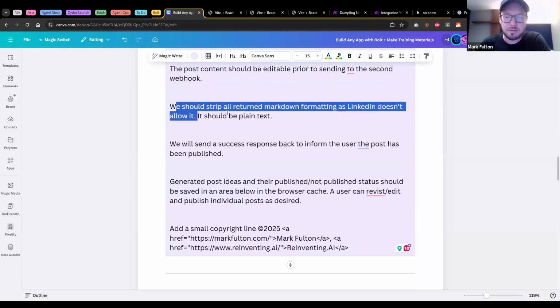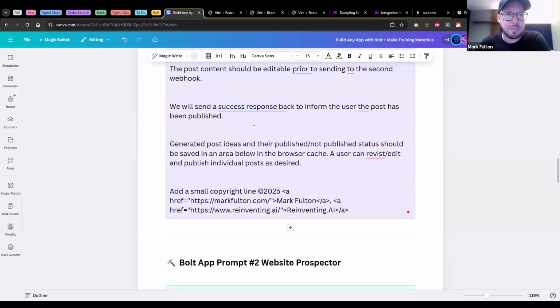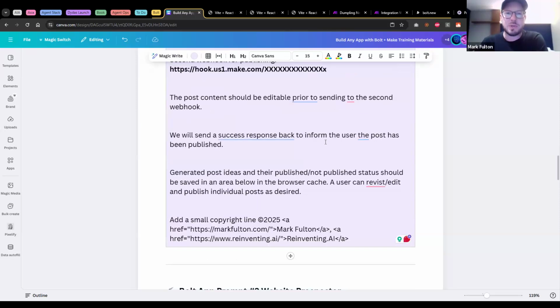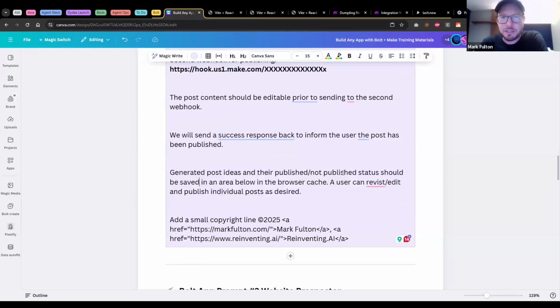Actually, this is redundant. Don't need that. We will send a success response back to inform the user the post has been published. The generated post ideas and their published, not published status should be saved in an area below in the browser